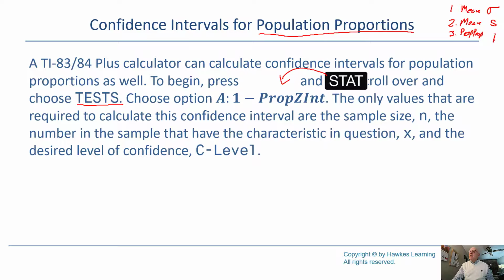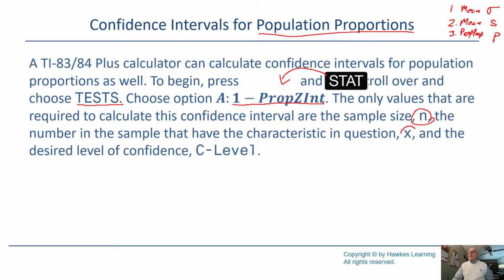And we're talking about P. So, stat, tests, what you want this time is one proportion Z interval. The only values you need are the sample size, N, the number in the sample,